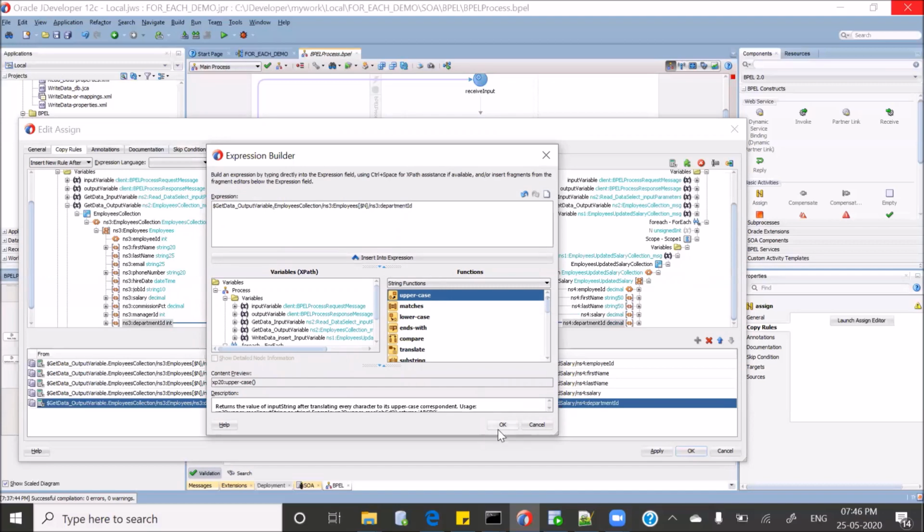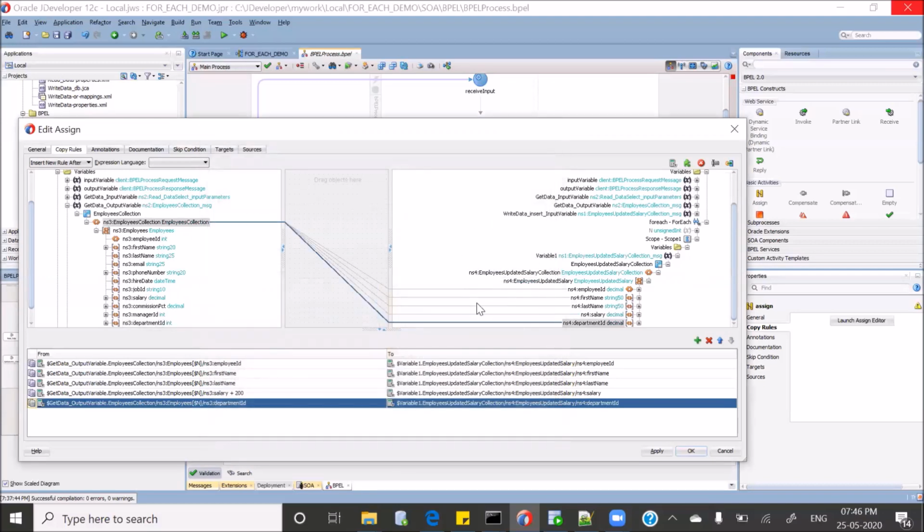So we are done here. This part needs to be taken seriously. You cannot assign the variables directly over here. Inside of for each, you need to create a variable of message type for that particular file or that particular DB where you want to import the data or where you want to assign the data. Then use the counter variable over here and then assign the values. Only then will this for each activity work for you. Now let's click on apply and okay.